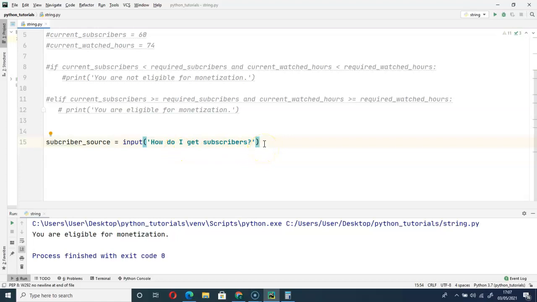Whatever will be the answer to this question will be the value that will be assigned to this variable, subscriber source. Let me check something now. If I run this, you can see the question, how do I get subscribers? So I will have to cache that answer and print it out with some string. So print